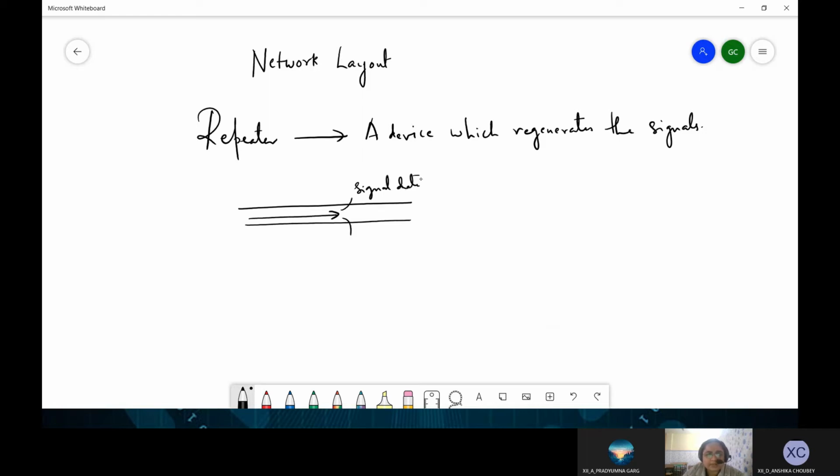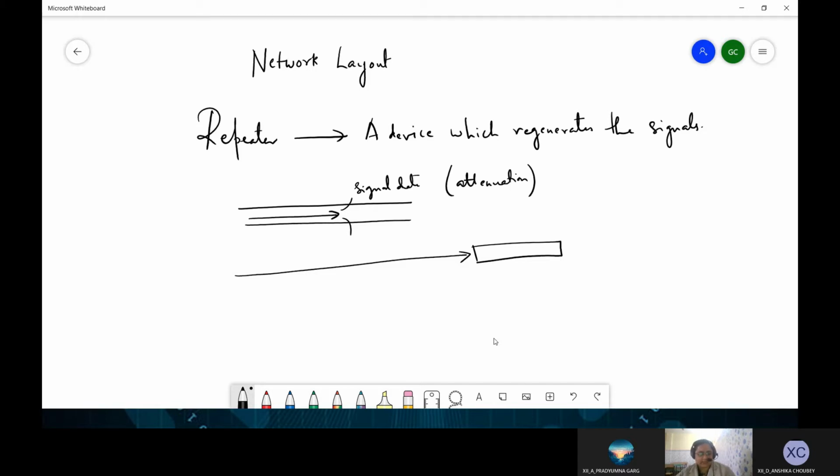Data travels in the form of electromagnetic waves, and some signal is lost due to attenuation. Hence, when a signal reaches the end of a certain length of a cable, then what happens is it